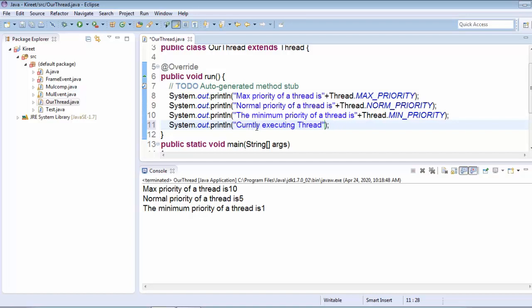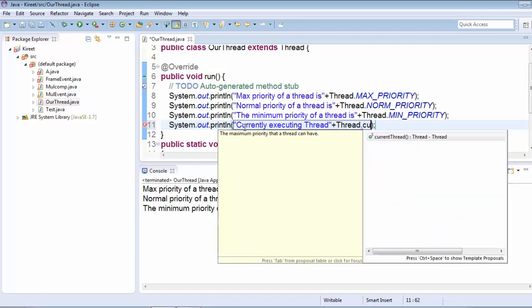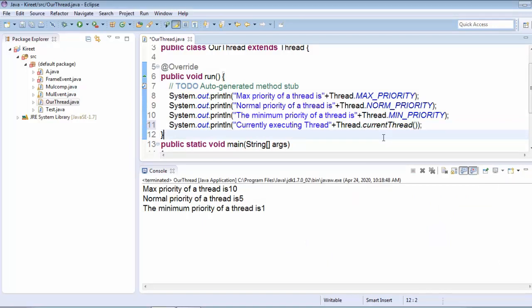So we have to invoke a method: plus thread dot current thread.